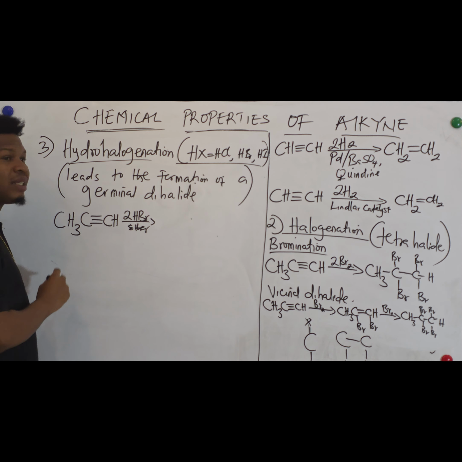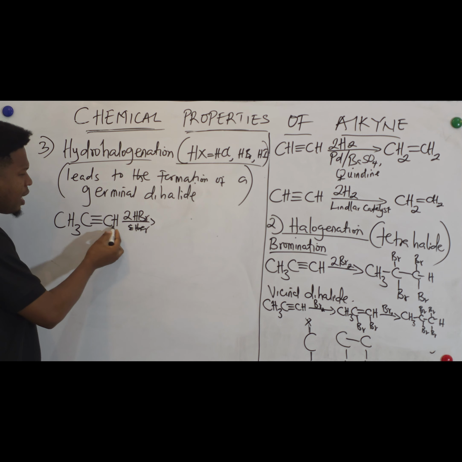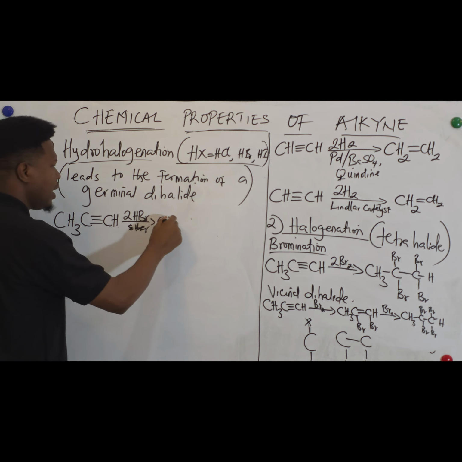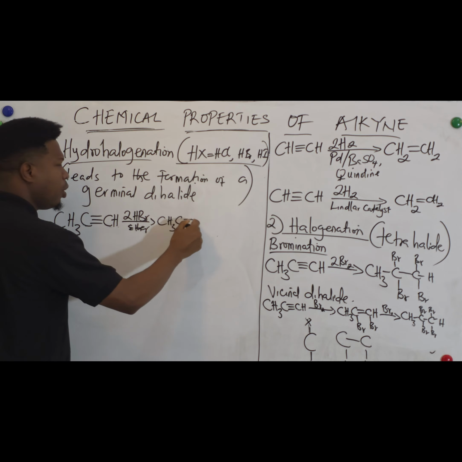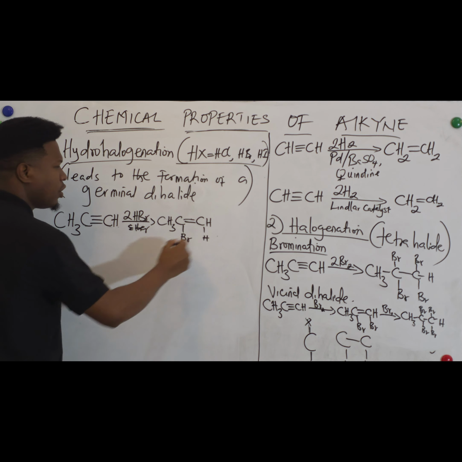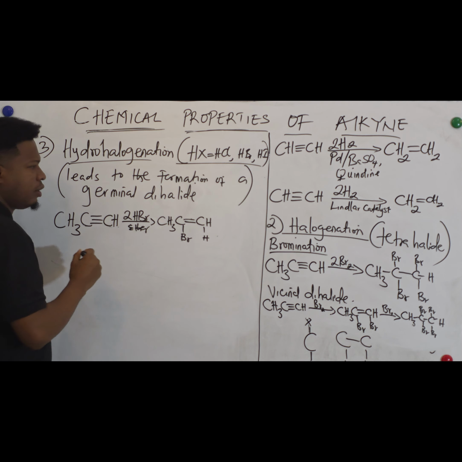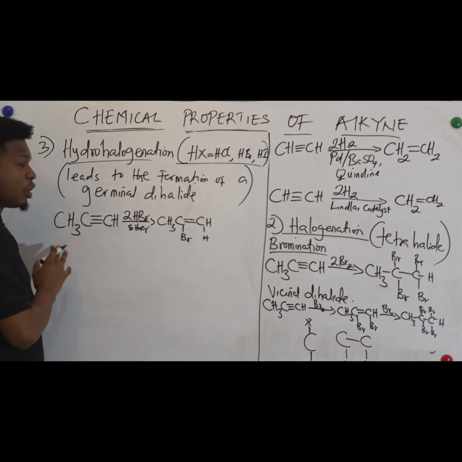So the first addition reaction will follow the Markovnikov's rule. Look at H. This carbon has more H. This one does not have any H. So hydrogen will go to this side. Br will go to this side. So I'm going to have CH3, C. Remember, if you add 2 things, you clean 1 pi bond. So double bond. We have added Br here. Then we have added hydrogen here. Then this is the first answer, not the final answer, because for a complete hydrohalogenation,